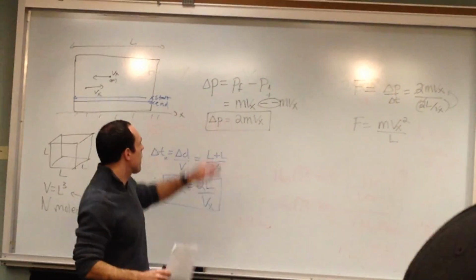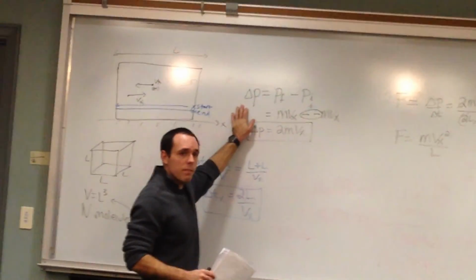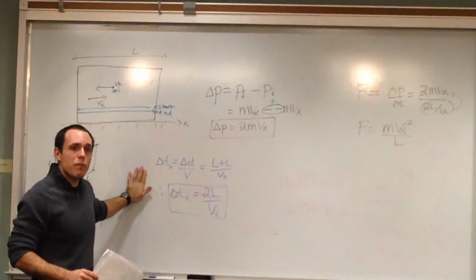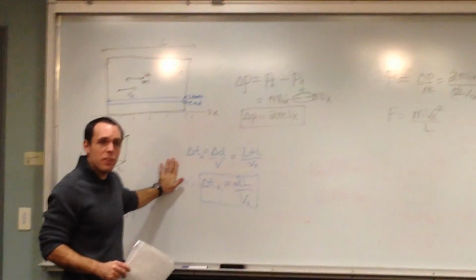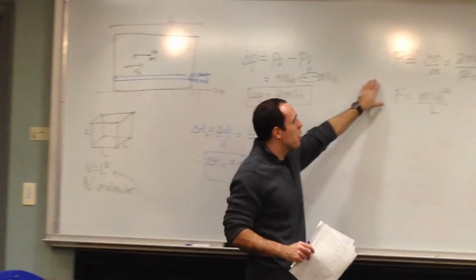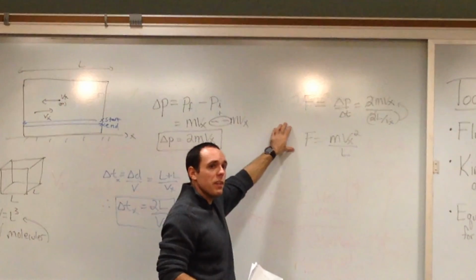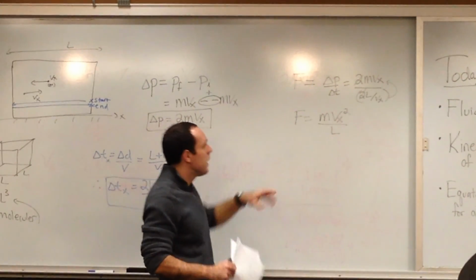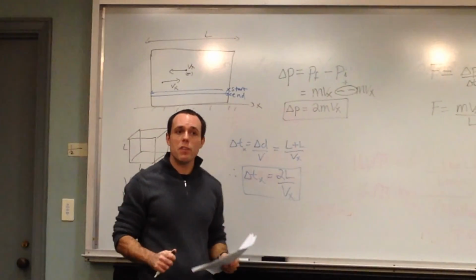We start out with just kind of the idea of momentum. We start out here with a definition of velocity being distance over time, finding the time it takes to go back and forth. And here we're now relating it to our concept of force as being the change in momentum over change in time. And we found the value of the force to be the mass of the molecule